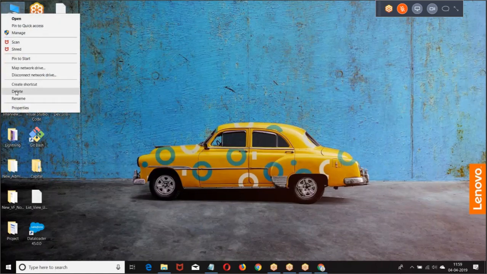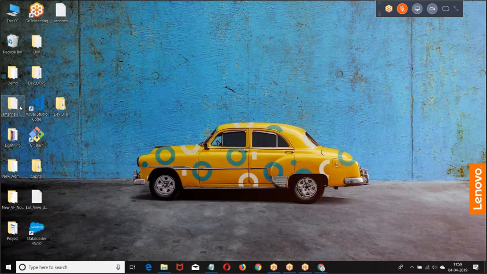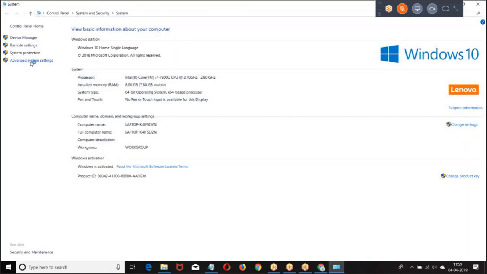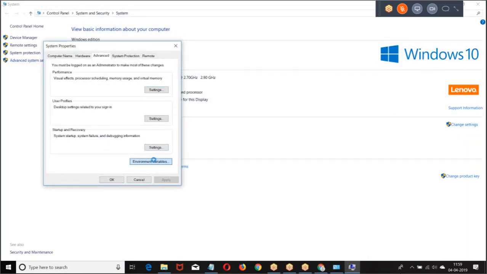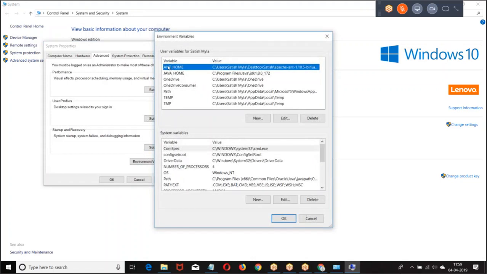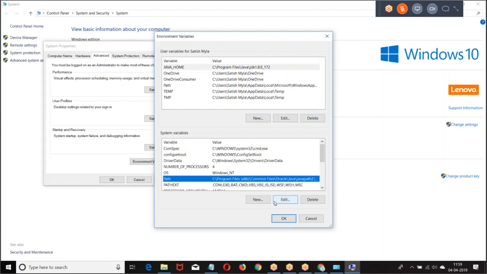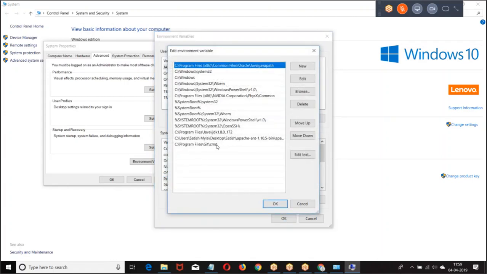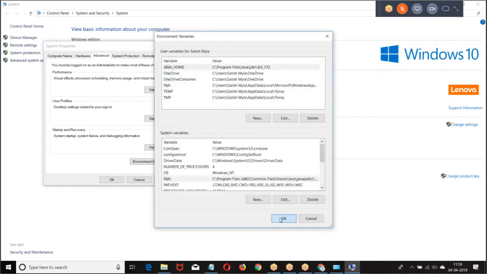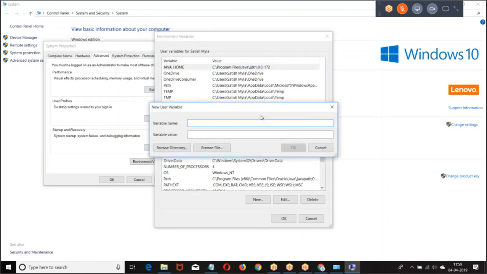Go to this PC properties, advanced system settings, environmental variables. Now go to environmental variables, new, and ANT_HOME.